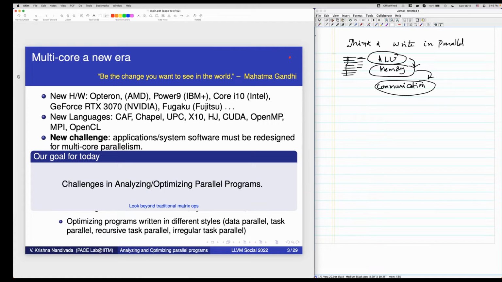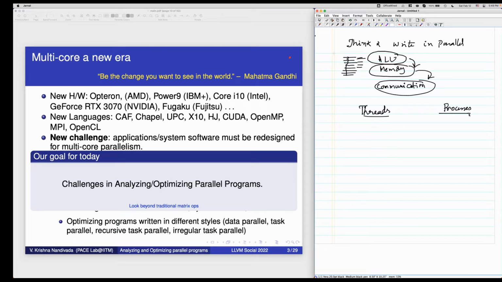So what do you mean by communication here? Because communication can happen through memory, even through registers. Right, very good, excellent question. When we are talking about parallel threads, rather different entities executing in parallel, they can be threads or processes.